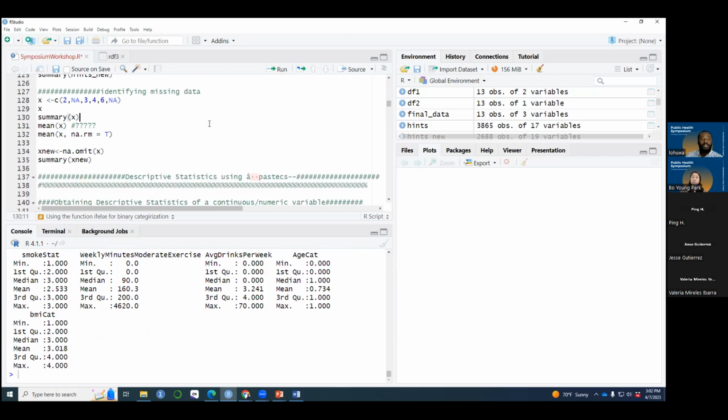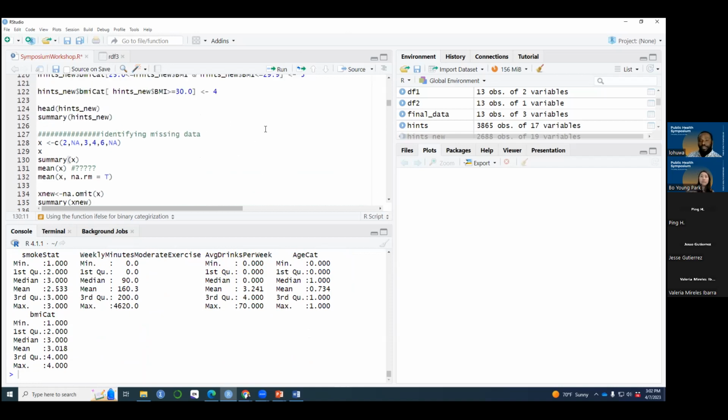Okay, so now let us move on. With the current data set we have, there is no missing value, no missing cell within the data set. The missing variables within the data set were coded as negatives, and that's why we have already eliminated them. But there are some data sets in which you are going to see empty cells, and R sees empty cells as NA. So for instance, let's